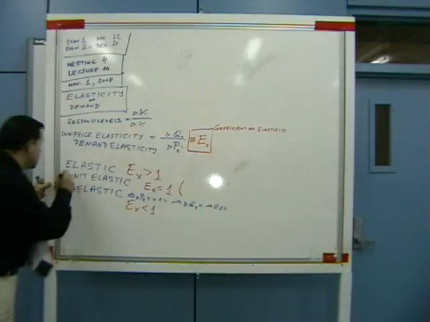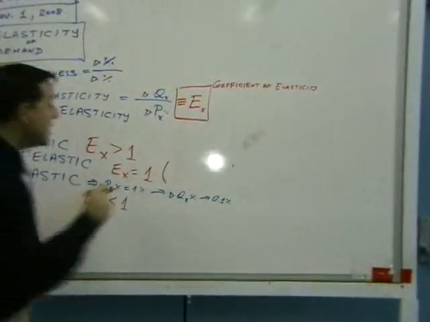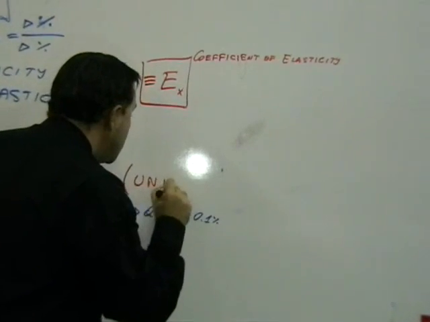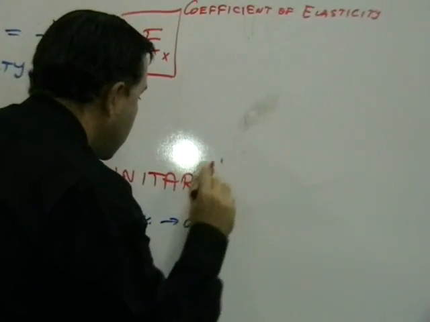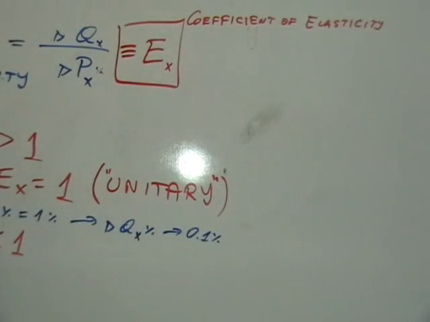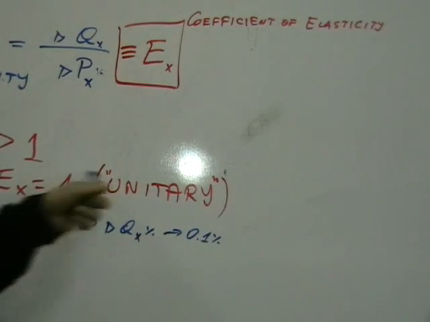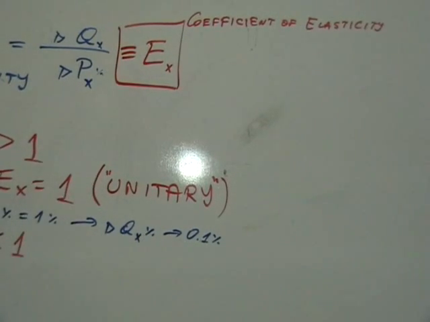Sometimes we call this unit elastic, and sometimes it is typically called unitary elastic. So both are in common usage. I've seen more often in my career unit elastic, and unitary is relatively rare, but it is used in this textbook. In my textbook, it's on page 83. All right? Let's see what else we have.